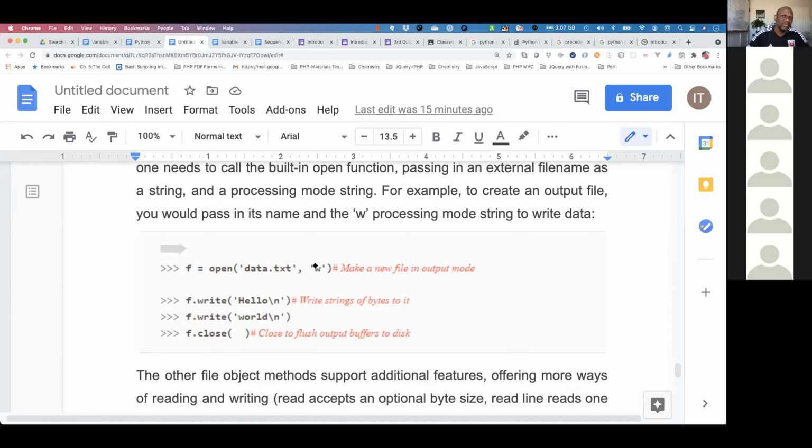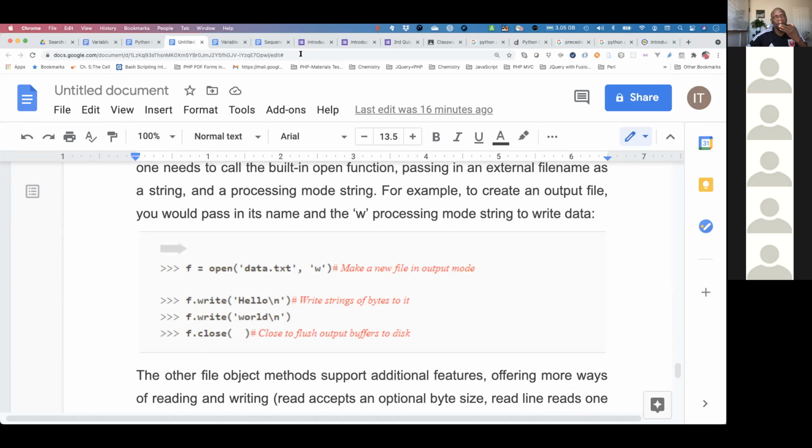So w stands for you're opening it for reading and writing, or just writing? w is for writing. r for reading. And then this r+ will be for writing and reading. And then we have an a for appending, where we just append to the file. Is that clear? Yes. Cool. Any other question? Anybody else?